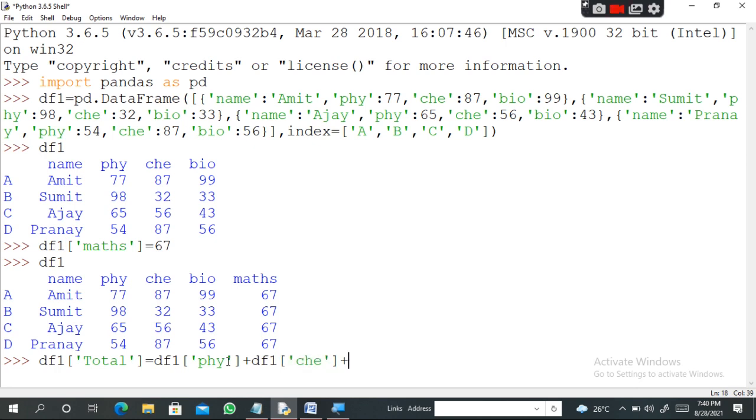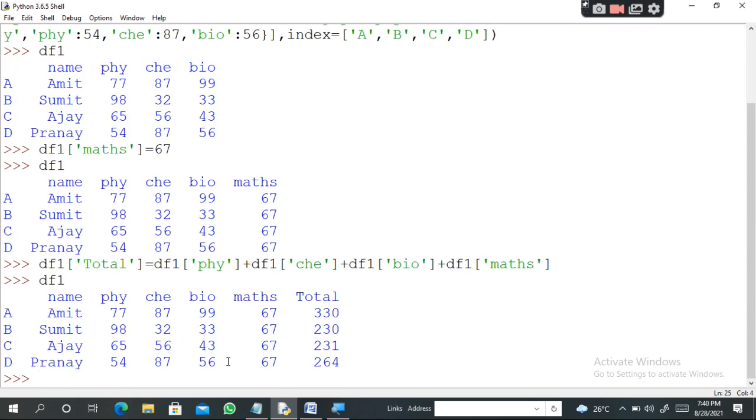Then again df1 bio, B is in small letter. Then again df1 maths. Okay, so I have done this. Now let me hit enter. Now let me print df1. So I've got a column total. A new column has been added, total, and it is the total of all these subjects. Total marks in all the subjects.